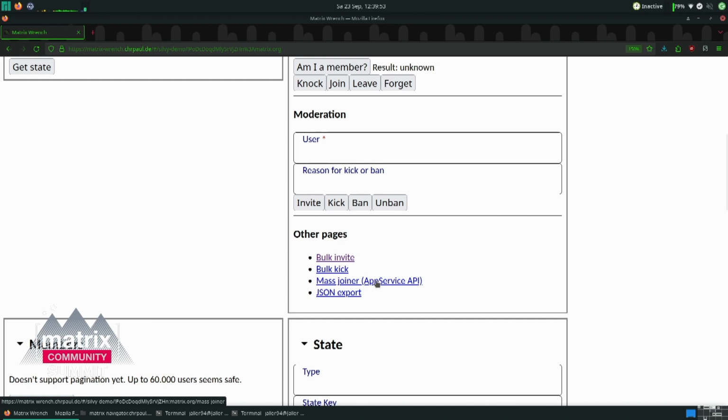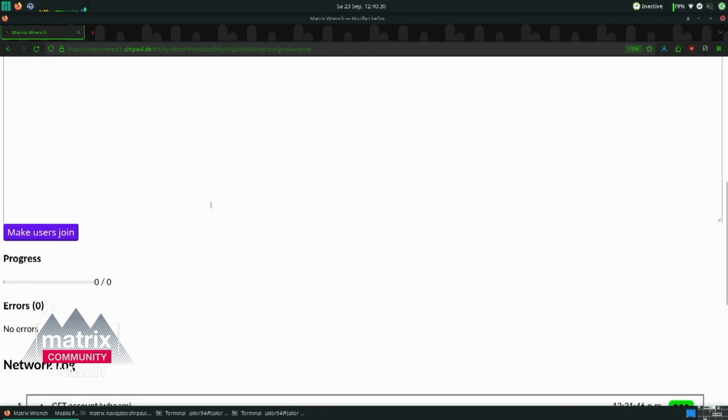If you're familiar with how bridges work, they get a regular expression, so like multiple user IDs that they can act on their behalf. Usually it's bot accounts, but you can also have an overlap with actual user accounts, because Matrix doesn't really differentiate between bot accounts and user accounts. So if, for example, you're the administrator of an organization and you want everybody to be joined to a new room, you could create an app service that is allowed to act upon all of the users in your organization, and then use the mass joiner to